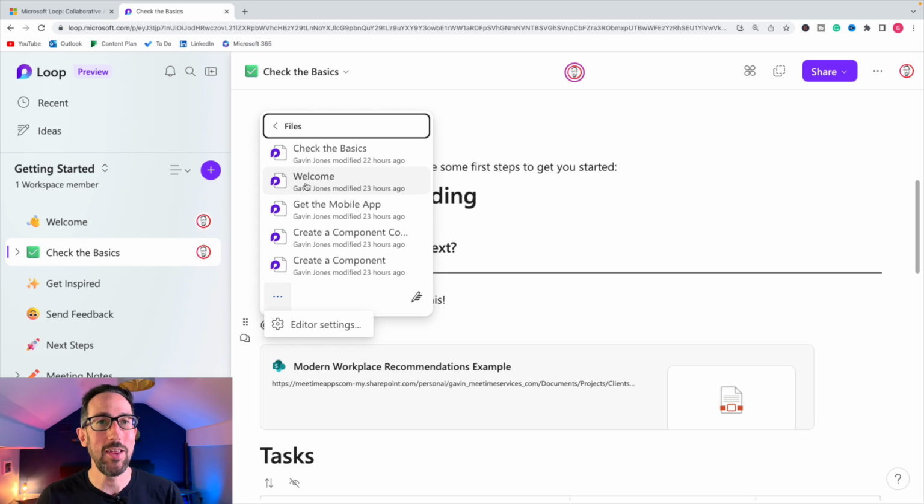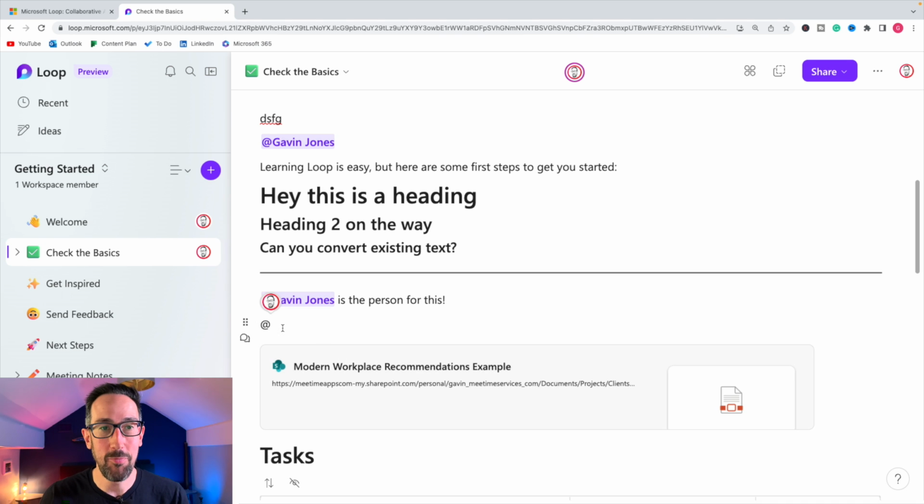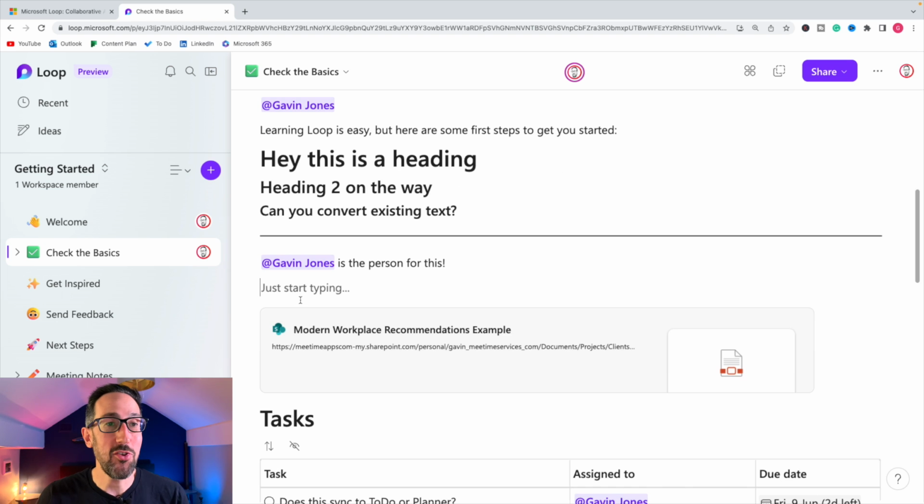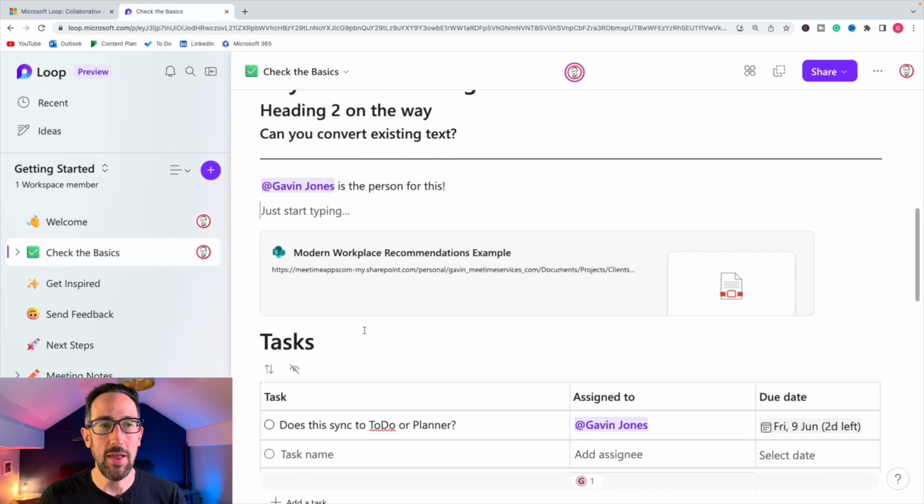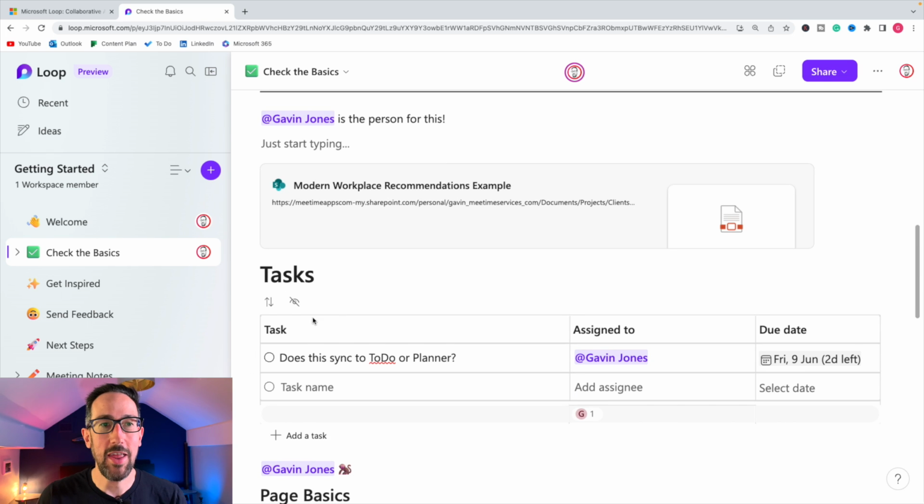So quite quickly, any PowerPoint file that I wanted to share in that page, I can't get back to, and I can't go and pick from my OneDrive or anything, so I need to go and find that link and paste it in, which is suboptimal, at least. When I first started using it, I was able to do an @. This was one of the files I looked at recently, and I could put an @ mention and put a file in there. So this one already has tasks in already, which you can see I added a task for